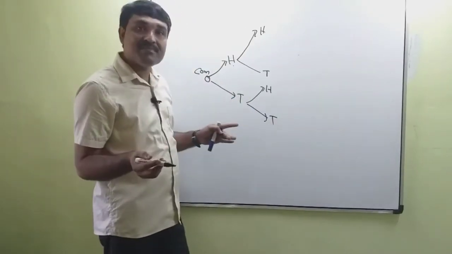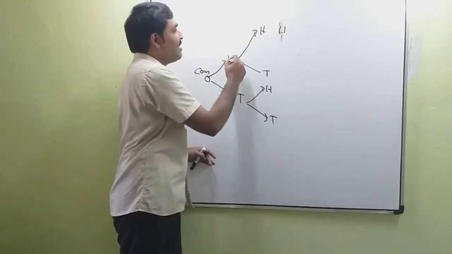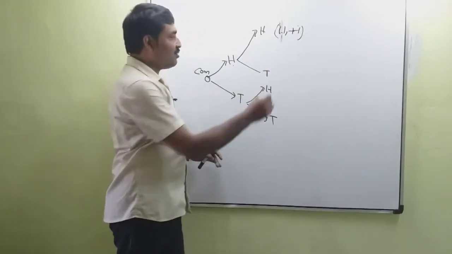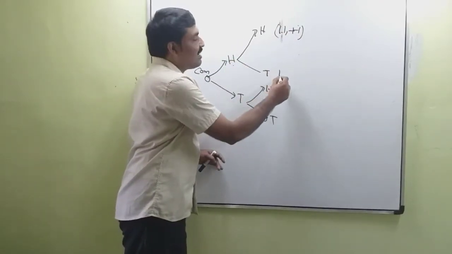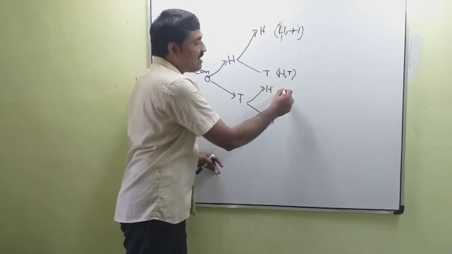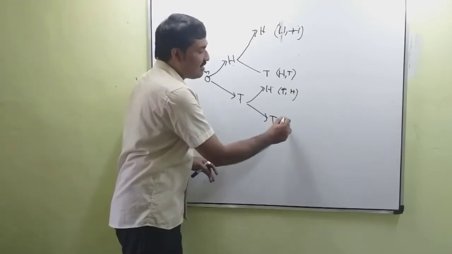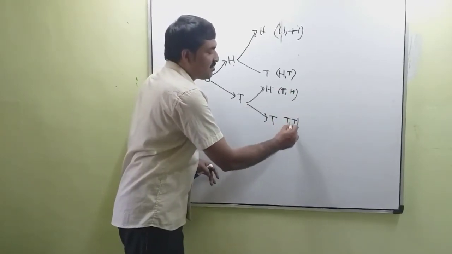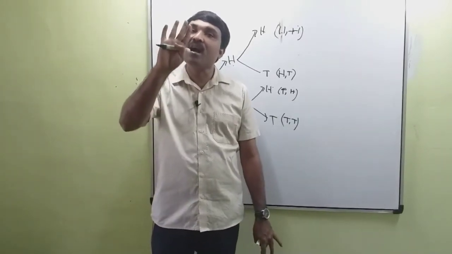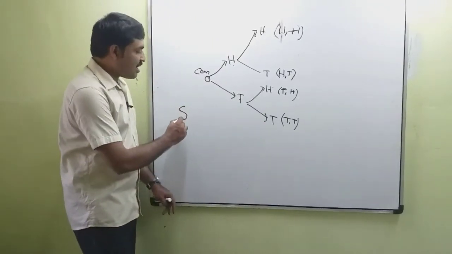So what are the sample spaces for this experiment? This can be represented by a head and a head, two heads. Now this is head and a tail. So head, tail. This is tail, head. This is tail, tail. So how many outcomes? We have a total of 4 possible outcomes in the sample space, which can be represented by